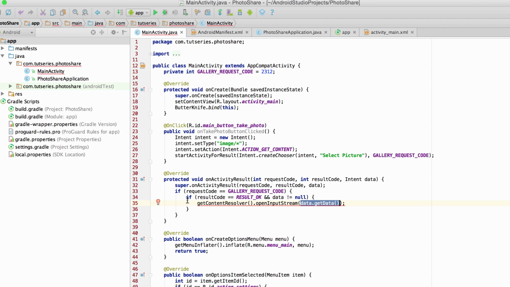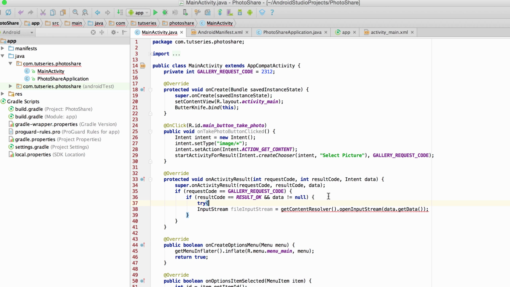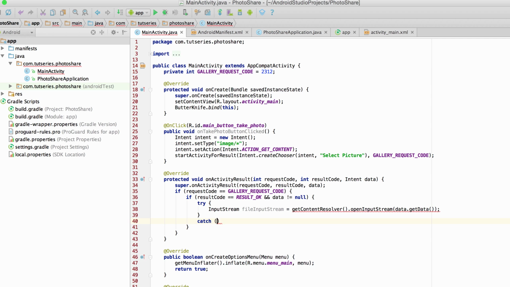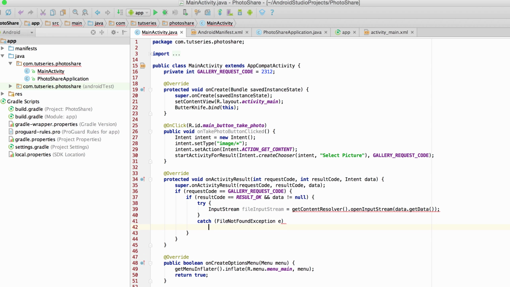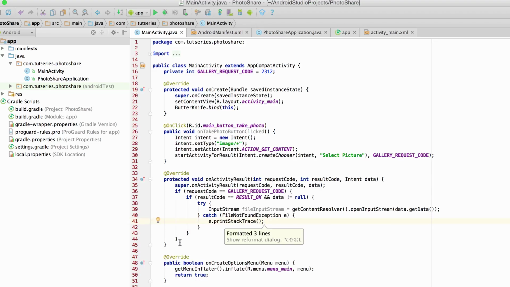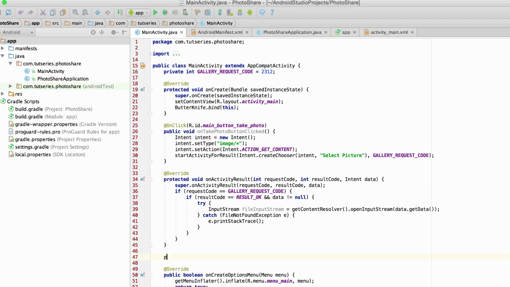Now we're running into a compiler error because we need to wrap this in a try-catch block, but we're just going to open up an input stream. Let's see here, file input stream is equal to that, and now I'm going to wrap this in a try-catch block, catch, actually it's FileNotFoundException e.printStackTrace. Now this method is starting to become a little unwieldy, so I'm going to extract it into a separate method, private,